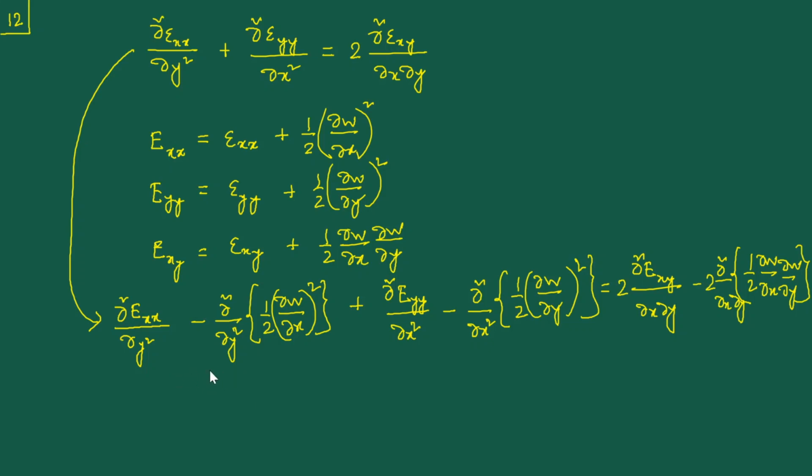It is going to become a little bit simpler, but first we have to note that we don't want to keep it like this, because within this Exx, if you go back to the earlier pages, you'll see that we have already expressed this Exx in terms of the Exx naught, which was independent of any z dependence, and the other terms which had some z dependence. Okay, so let me just go back and